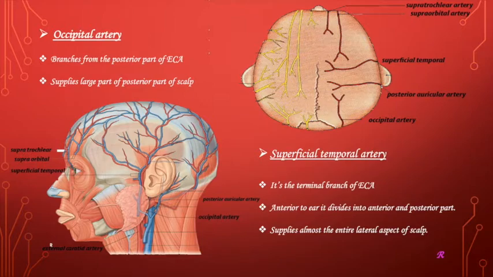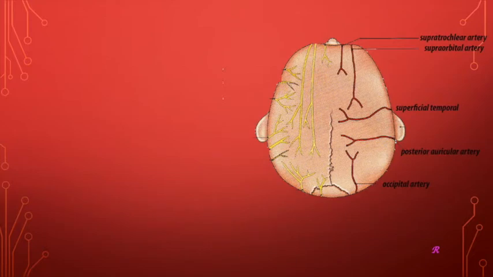By this we are finished with the arterial supply. So the arterial supply is mainly from external carotid artery and also ophthalmic artery, which is a part of internal carotid artery. Now we can move on to the